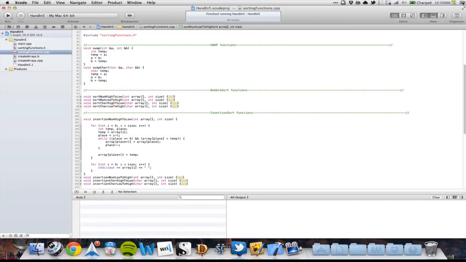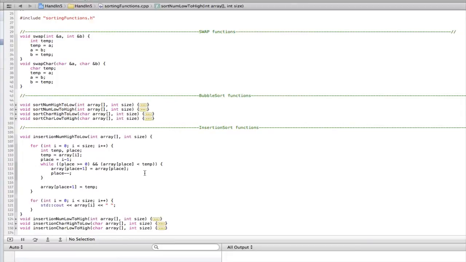So let's take a look at how insertion sort works. It's a bit different, but let's take a look at it a bit more graphically. If we go through the code first, we have a for loop that runs from 0 to the size, and then we have 2 temporary values, which is a temp and a place. And our temporary value first is our first number in our array,